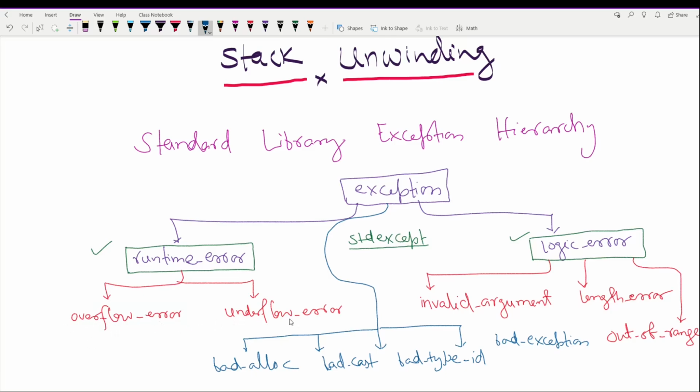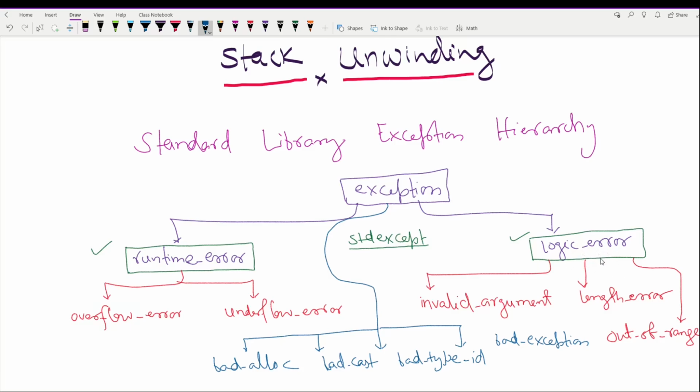These classes are obvious from their names. Overflow error can be shown when an arithmetic overflow takes place after an operation which gives a result larger than the largest number that can be stored in a computer. And similarly, the underflow error generates a number which is lesser than the least number that can be stored in a computer.